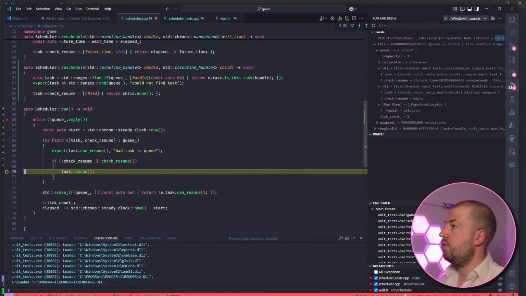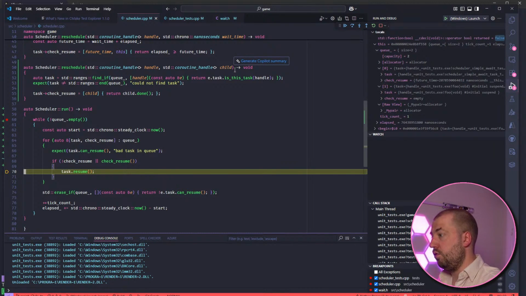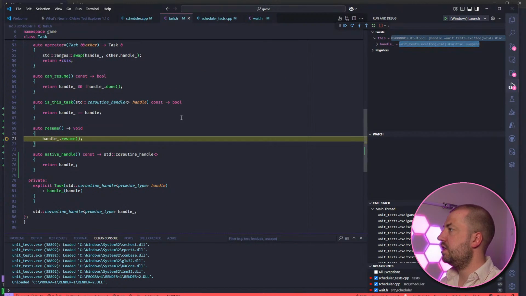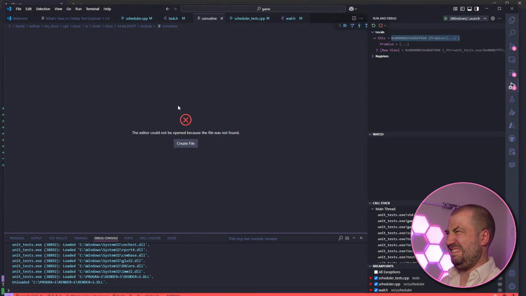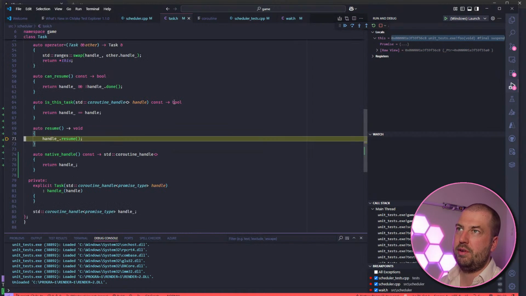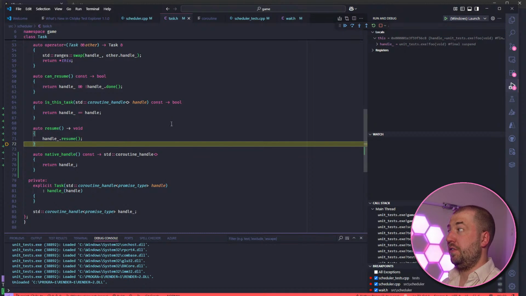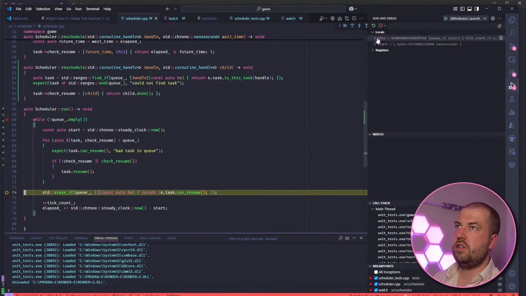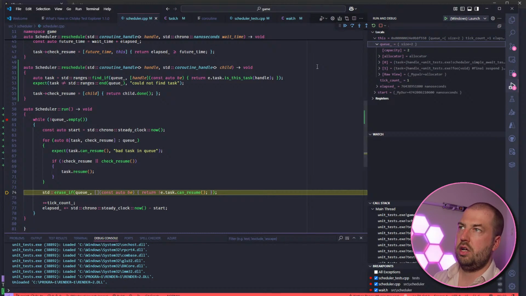Okay, so what's interesting about coroutines is if I step into this function, I should end up in that coroutine, right? If I set a breakpoint, it would probably happen. Fine, that coroutine is finished. So this now. Why do we go back around? Okay, fine. So the queue should empty out the child. Oh, is the handle going out of scope? I wonder if the child handle's going out of scope.